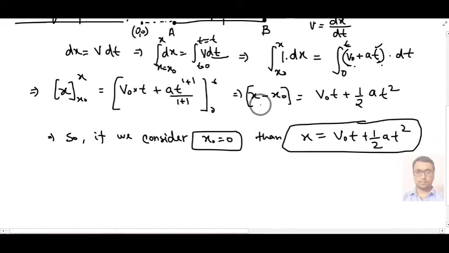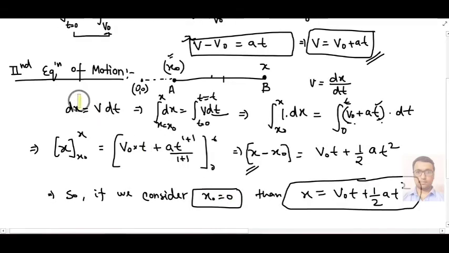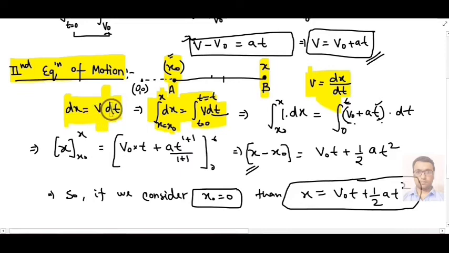Or in general form you can use this one also. So one more time, check how we prove the second equation of motion. Suppose your particle is at A, then it is going to B, and the initial position is x0 and the final is x. Then we can write this relation v equal to dx by dt. So from here dx will be v dt. Just multiply this dt to v and you will write dx equal to v dt. Then take the limit on both sides. On the left side the limit will be x0 to x and integration of dx, then integration of the second term v dt, and the limit will be 0 to t.